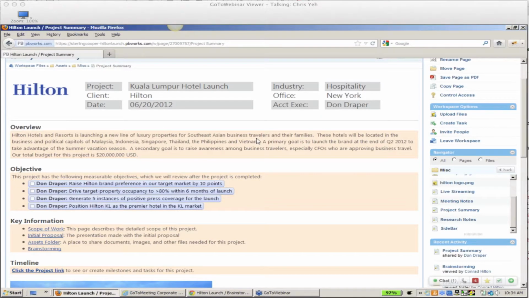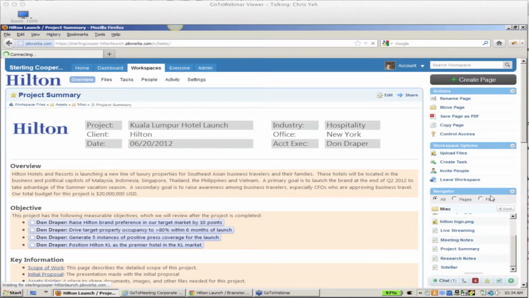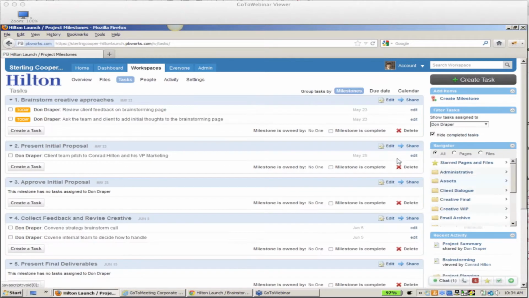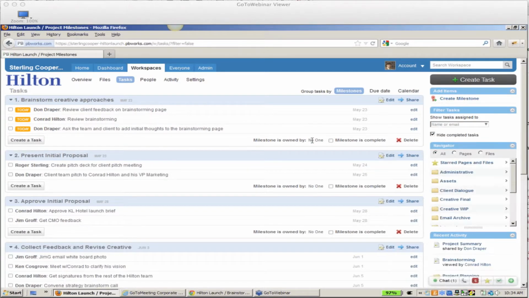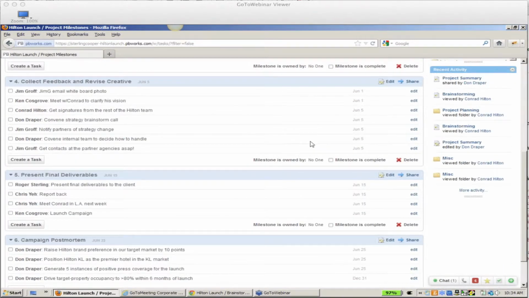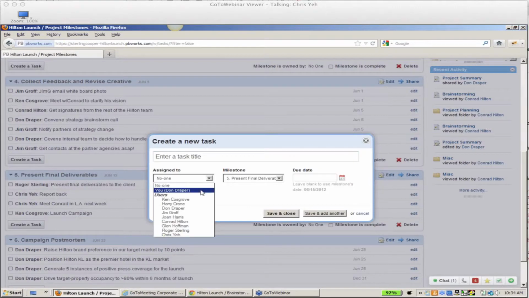Will you please show us creating a new task? Not a problem. So let's say I want to create a new task. I'm sure there are some things that need to be done. Let's show tasks assigned to anyone, so we can see where perhaps there should be some information added. So let's see. Present final deliverables. All right. So Roger Sterling, present final deliverables, report back, meet Conrad, launch campaign. Let's go ahead and create a new task for Don Draper. And that Don Draper task is going to be lead